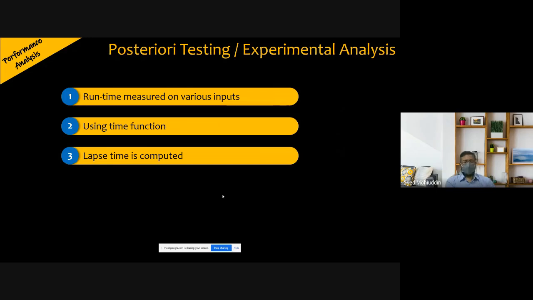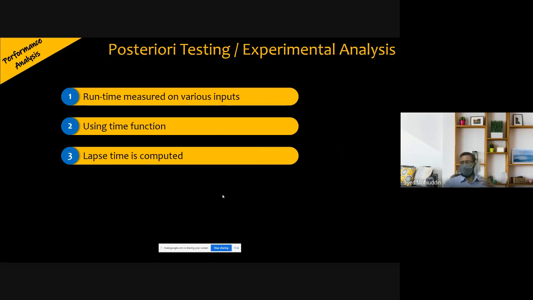Now, when this is done, this kind of measuring technique has certain disadvantages. For example, I cannot measure the time for every input. Factorial of 5, factorial of 6, 7, 800, factorial of 100, factorial of 1000. Where is the end? So I cannot test it on every possible input. And furthermore, I may be running on one system,